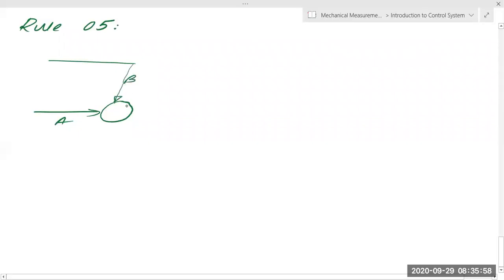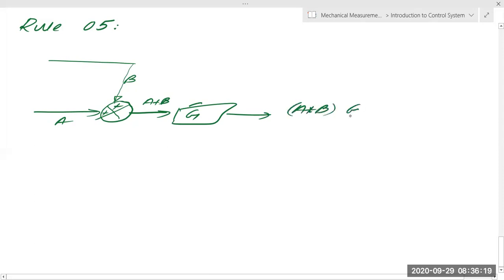Okay. And if both signals are getting added, this will be a plus signal, this will also be a plus signal. So what will come out of here is A plus B. And then suppose there is a transfer function on which the signals are getting applied, the gain of this control system. So what will come out of this is A plus B, as we did in a single cascade, into G. Now this thing is called the summing point. Okay. Now what we can see, the summing point is before the block.